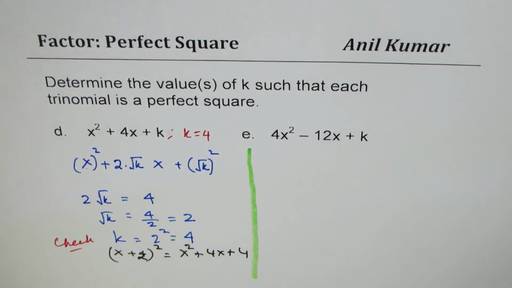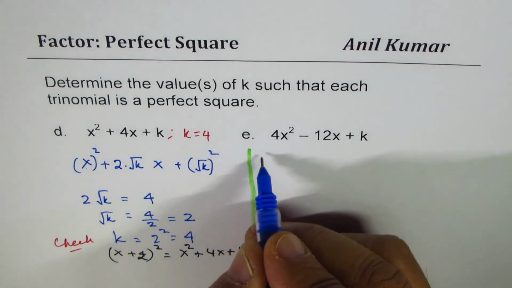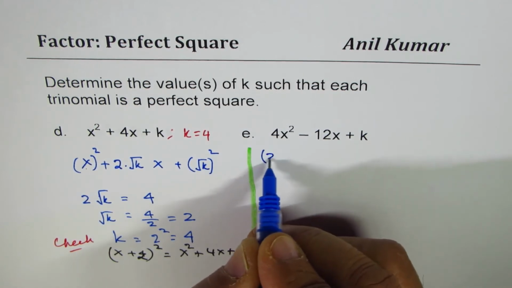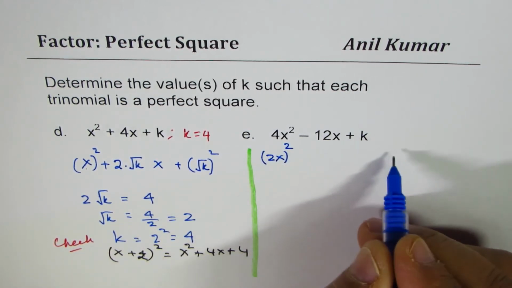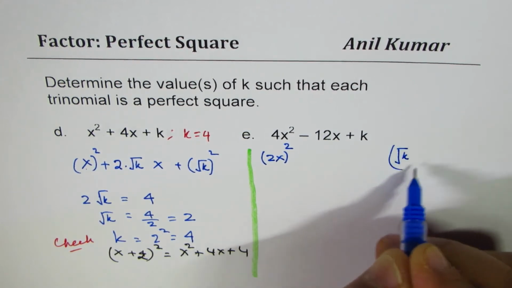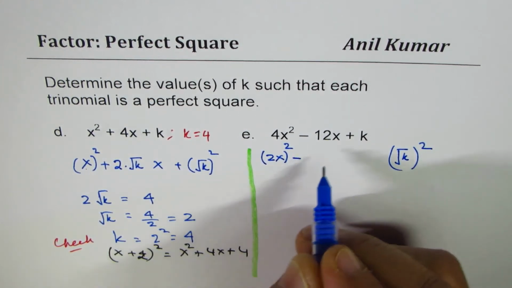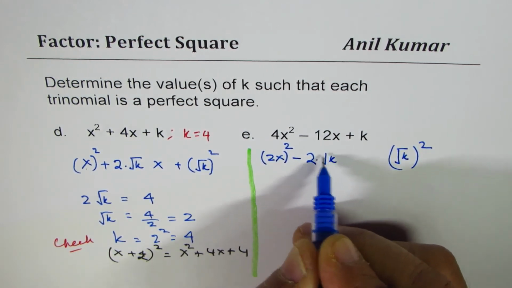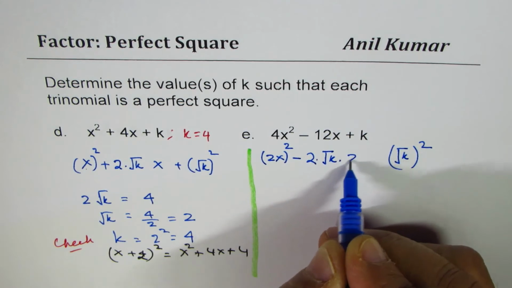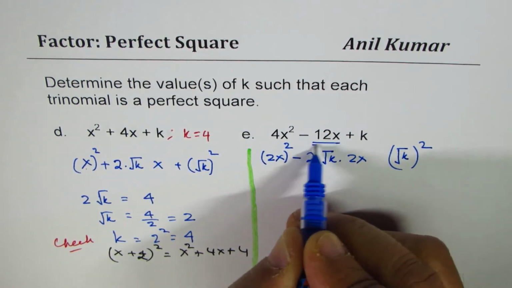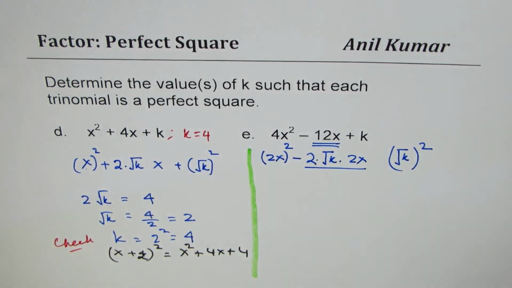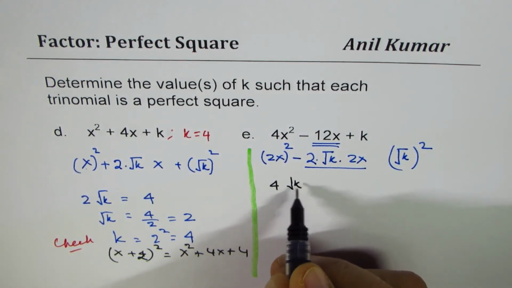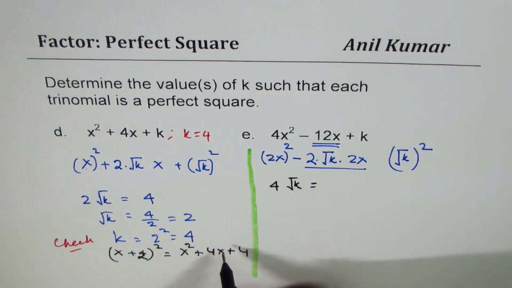Okay. The next one here should be, first write it as a trinomial, a square plus b square. 2x whole square. K we don't know, we'll write square root k whole square. Center term will be 2 times square root k times 2x. Now we are going to equate these two, right? So we write this as 2 times 2, 4. So 4 square root k is equal to